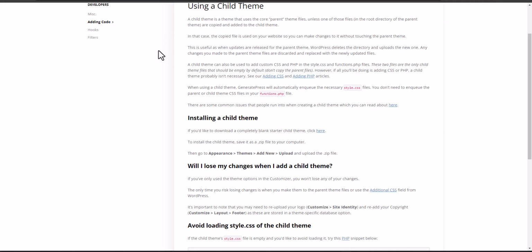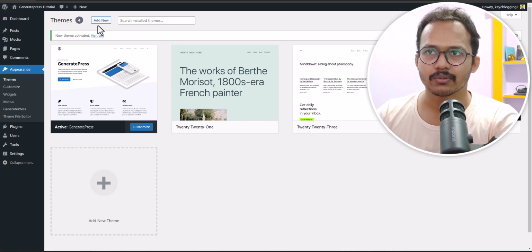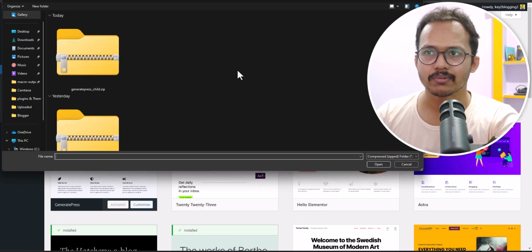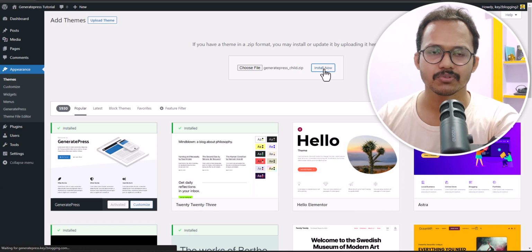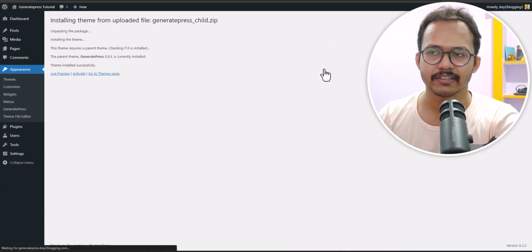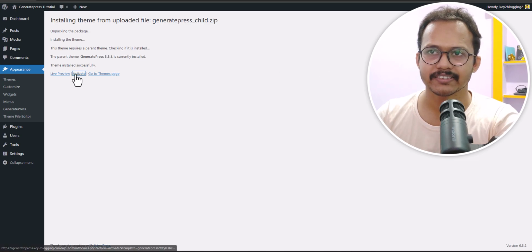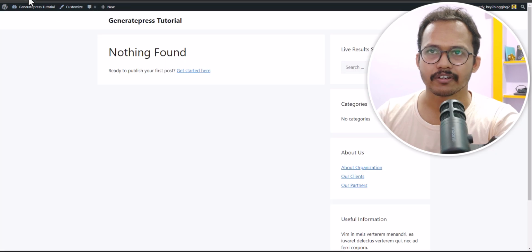So we just need to simply upload the file and activate the child theme. That's it. That is how simple it is. So what I can do is I will click on add new here, and I will click on upload theme, and I will choose that GeneratePress child theme. So this is a blank child theme, so you will not get any styling, and it will give a simple function file for you. So let's activate it here,